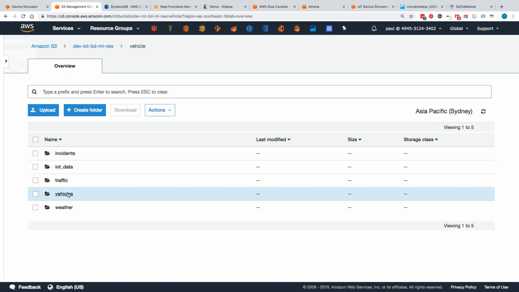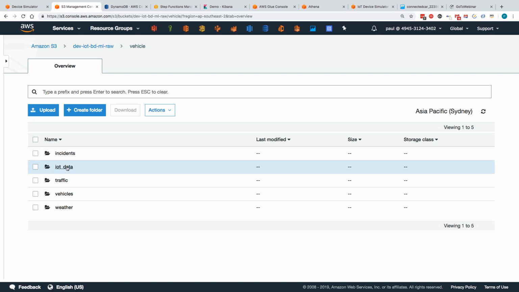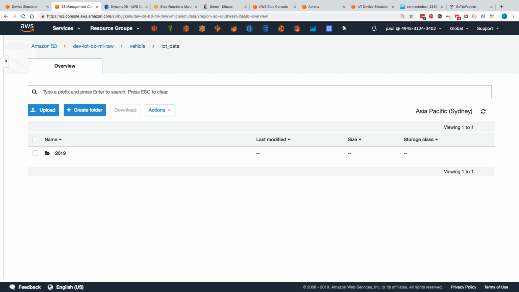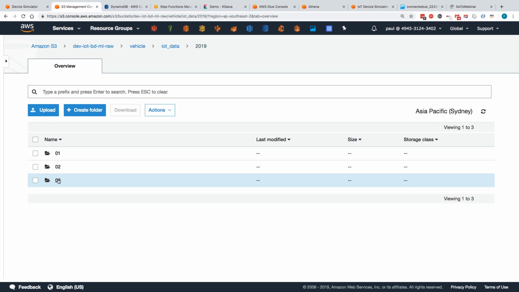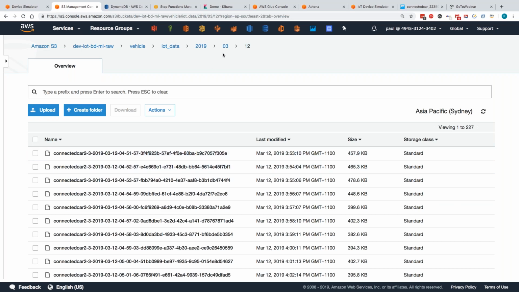So I could do queries that actually relate to weather on vehicles and traffic all at once. In this particular case, I'm going to dive further into the IoT data. So when I go into IoT data, you'll see that as I click on each folder, just like a normal file system, I'm moving through effectively data partitions. Now, they are by date, but they can be whatever structure the data needs to be to support the initial